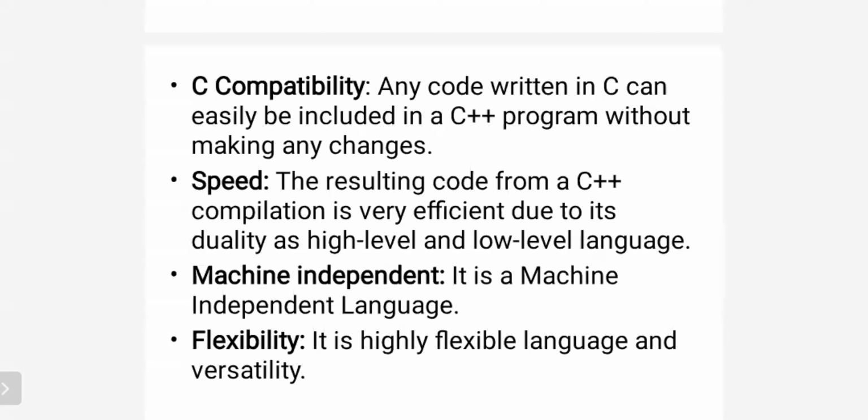The next characteristic is that C++ is a machine independent language. Why is it called a machine independent language? C++ has certain rules or syntax, and it has its own structure. By using that structure and those keywords only, we implement the C++ program. So it does not directly depend upon the machine. If we write a program using zeros and ones, that is a machine dependent language. Here we are using a high level language, so this high level language is machine independent. Clear? C++ is a machine independent language.